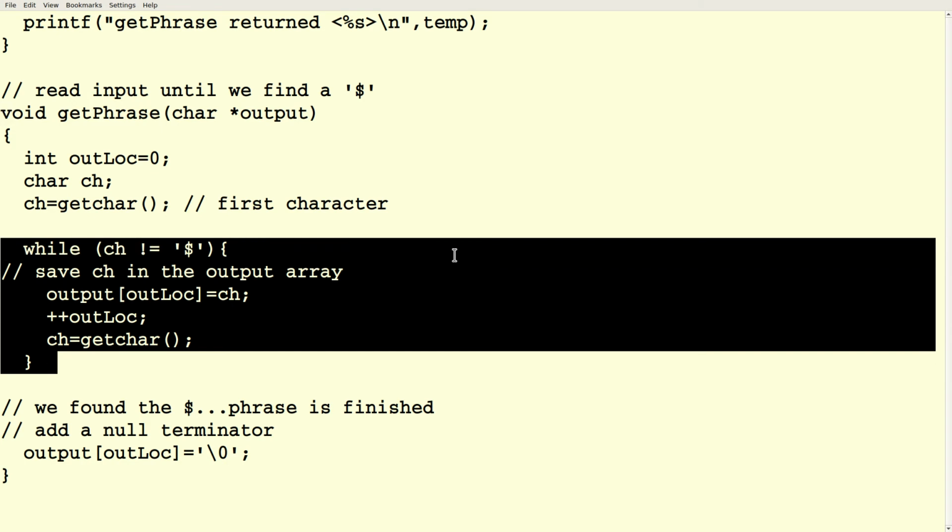Because you can call getchar, it gives you a character. That's your only shot at that character. If you call getchar again, it's going to read the next character in the input. So you call getchar, you can save it in something like ch, or c. But if we're trying to build up a phrase, save it in an output array. And when we plus plus the index, it gives it the next array address. So the first time through, it's saying output bracket 0 equals ch. The next time through, it'll say output bracket 1 equals ch.